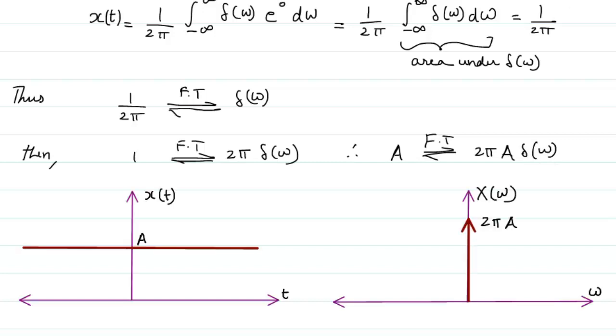So how do we plot it? If we have a constant function a, then the Fourier transform of that will be an impulse at omega equal to 0 with the value of the delta function to be 2 pi a. So this is basically the Fourier transform of a constant function. What does this mean? It means that the frequency of this particular constant function is 0. You can see that this is basically a DC signal, isn't it? This is basically a DC signal.